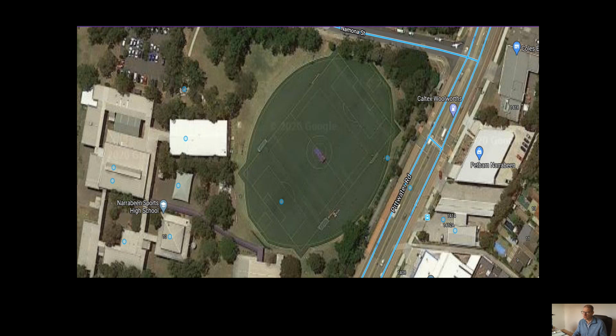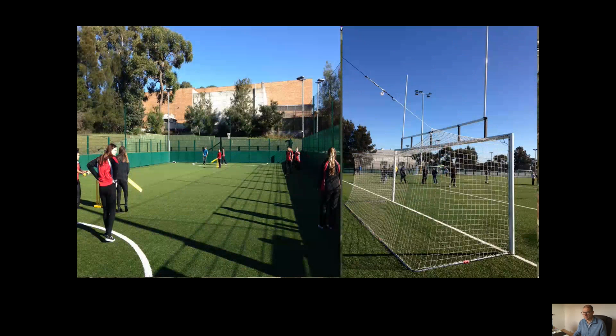It's also used a bit for rugby league, and we've got some semi-professional teams to train there, which are now associated with the school. And at Narrabeen Sports High, the numbers have then started to come up in terms of patronage. This is a school down at Endeavour High School, where the single pitch and the soccer fives was put in,